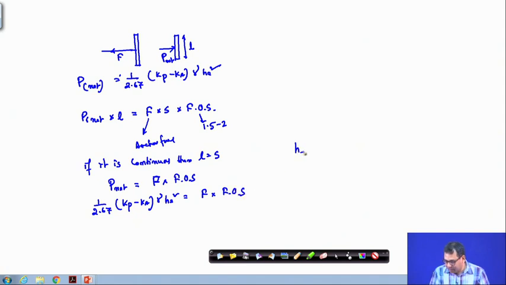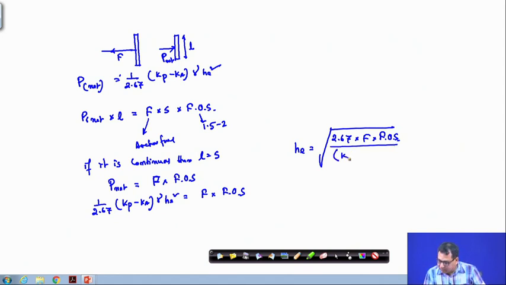So, from here the He expression I will get is equal to 2.67 into F into factor of safety divided by (Kp minus Ka) gamma, if it is continuous,